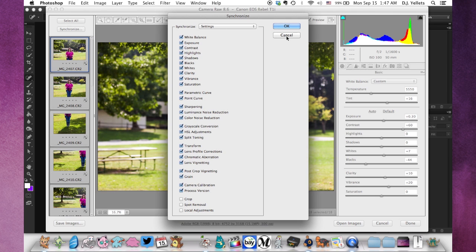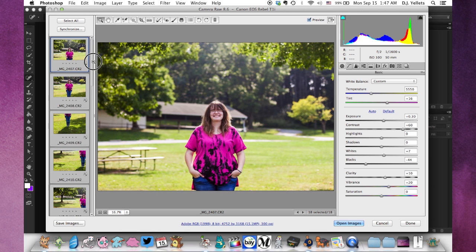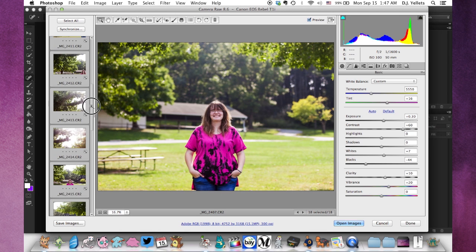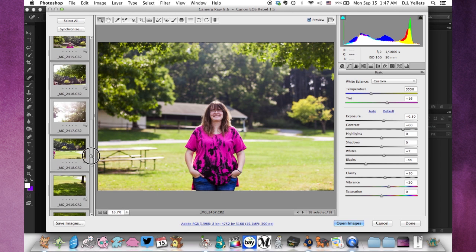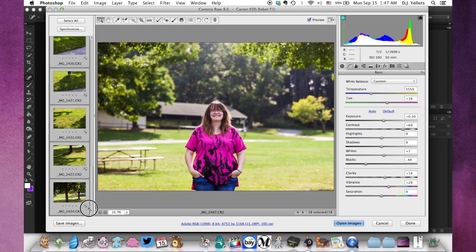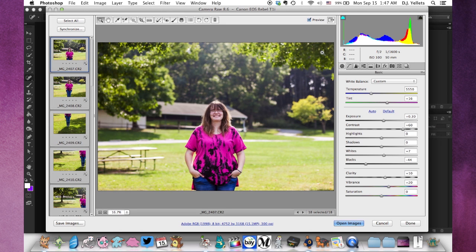You can just hit OK and they will synchronize all of the edits from everything across all the photos, so you don't have to actually manually edit every single one. Although I do go back within each of the photos and tweak a couple of them, just to my liking. But now that we have all of them selected, we're going to go ahead and open them up